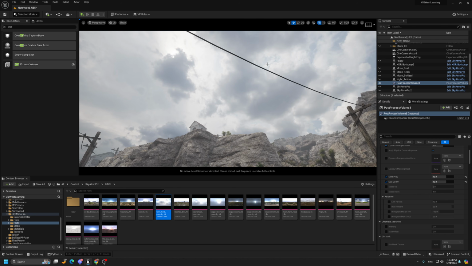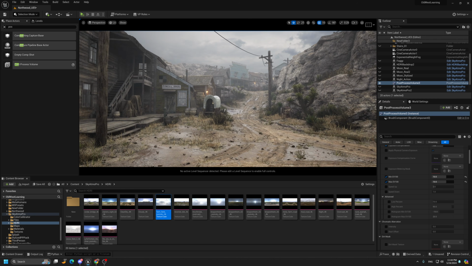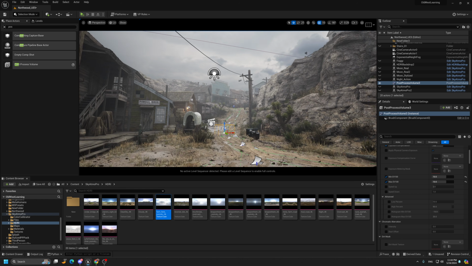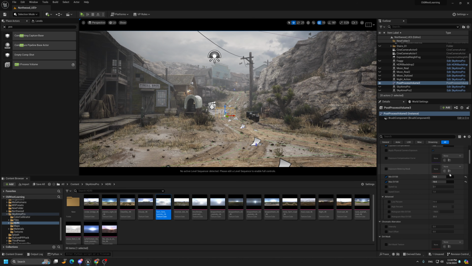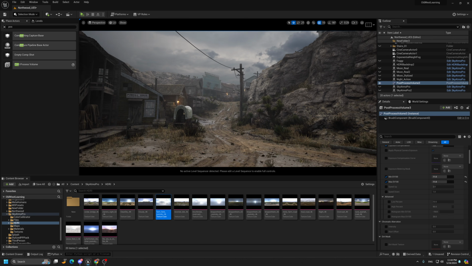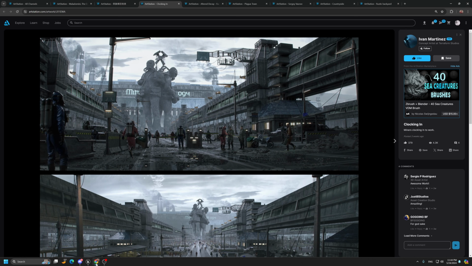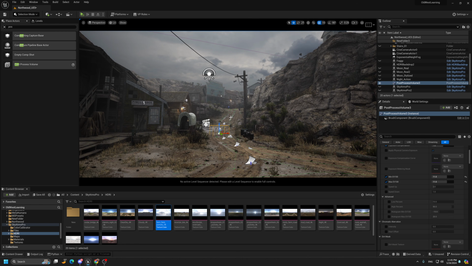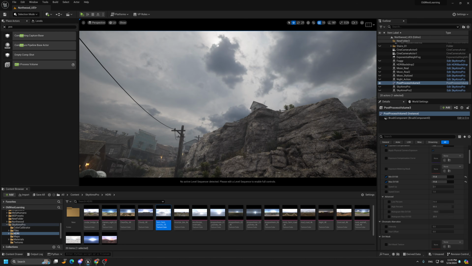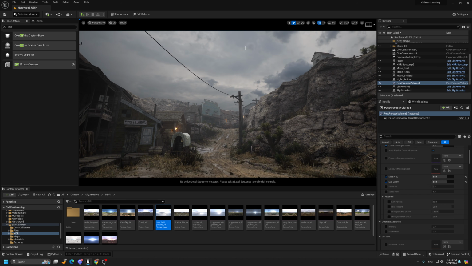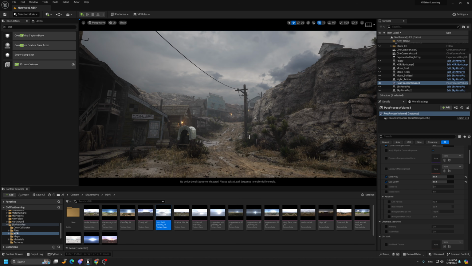Now we can start to see the sky color, which looks very nice. Compared to the sky and the balance of the skylights, it looks okay, but we'll try to make some tweaks. So let's add 11. 11 is a very good value because we don't need that overexposure. We need some low exposure. Now we have a nice balance between the sky and the environment, but I feel the environment